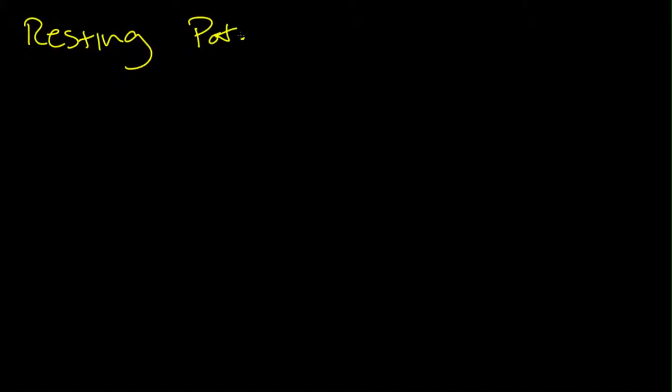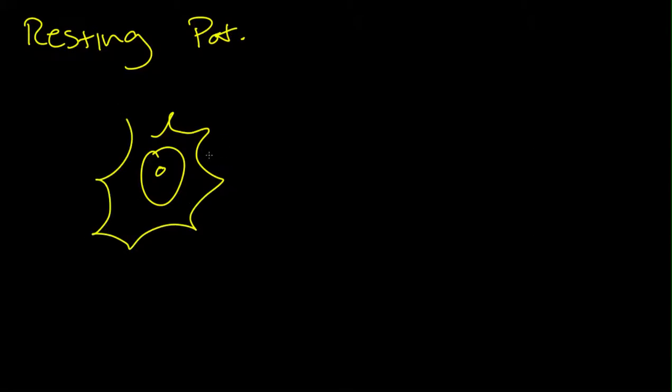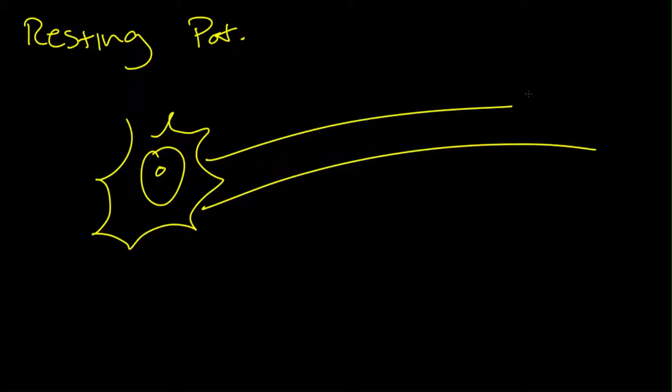And that has to do with the whole process of how information is sent throughout the neurons. But for our test, all you need to know is you have your neuron, and then you have your axon coming off of it,